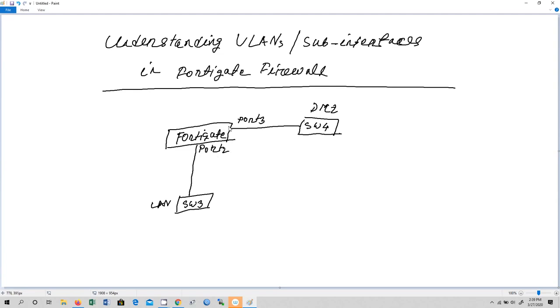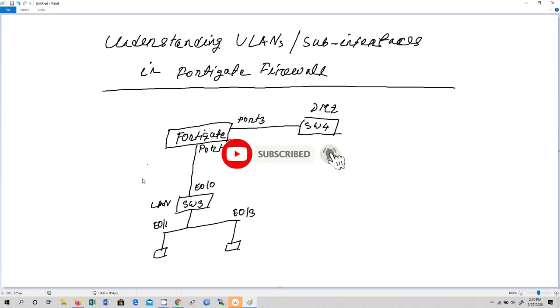Let me show you, this is going to be Ethernet 0/0 in our topology. We have two computers connected in the LAN zone network. One computer is going to be Ethernet 0/1, and one more computer is Ethernet 0/3.